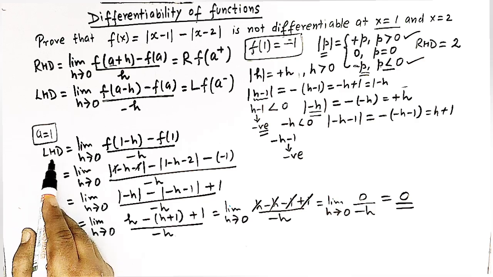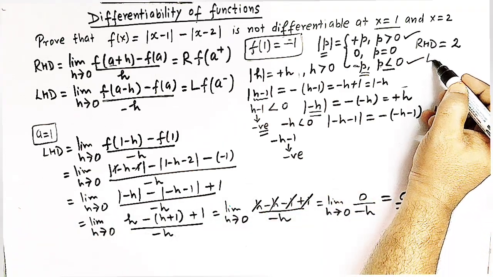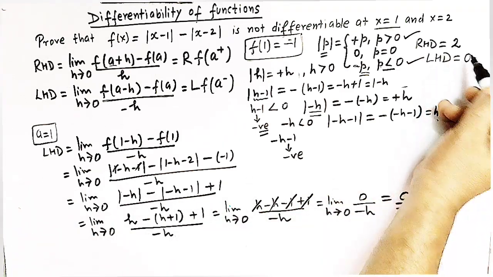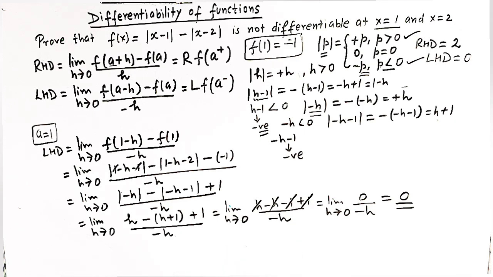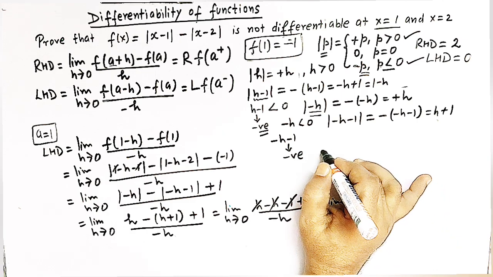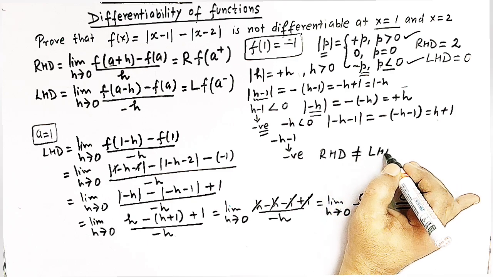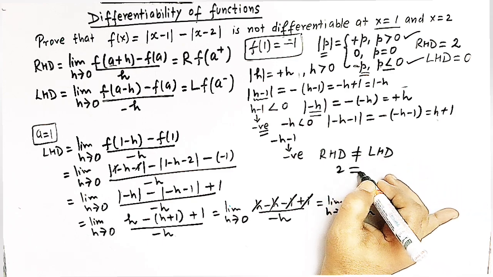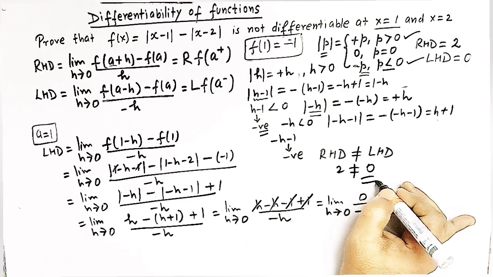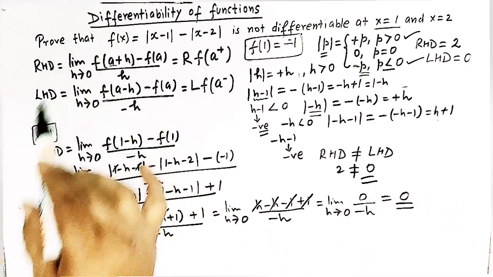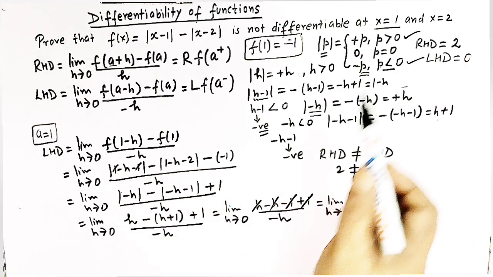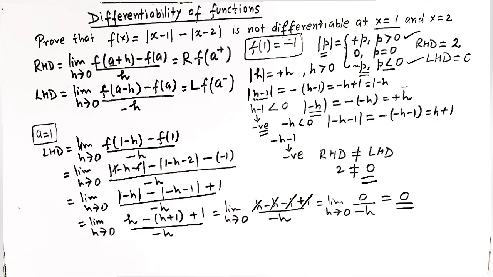So the left hand derivative is equal to 0, right? So now from this discussion, we have seen that the right hand derivative is 2 and the left hand derivative is equal to 0. And the right hand derivative is not equal to left hand derivative, that is 2 is not equal to 0. So this function f of x is not differentiable at x is equal to 1, because